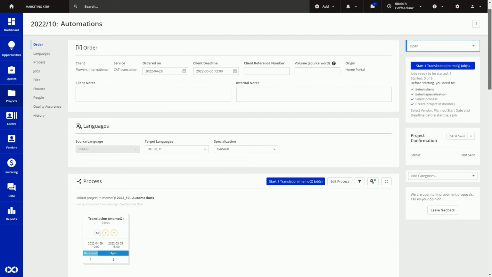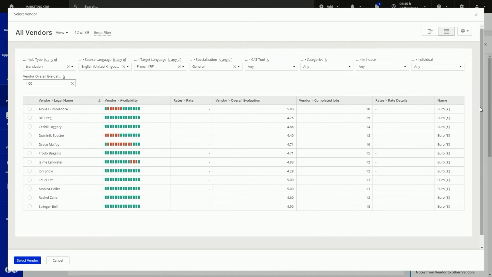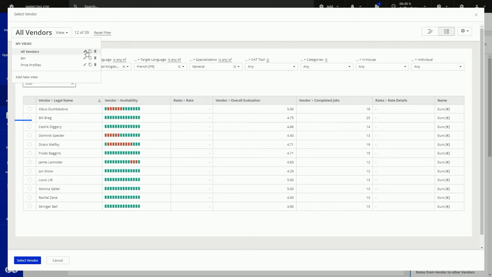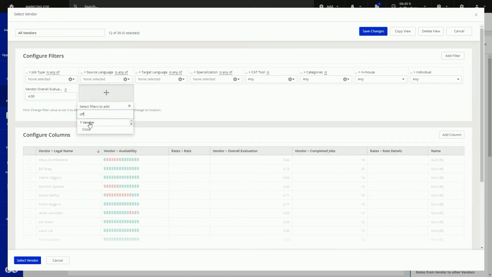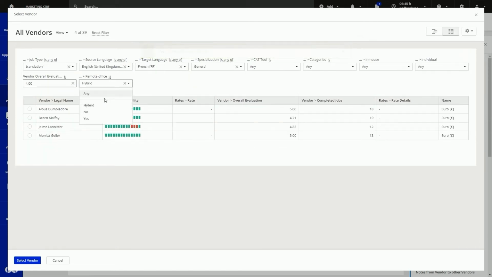You can use X2F to select vendors automatically, but you can of course choose to select them manually if you prefer. Even if you choose to select vendors manually, you will still find X2F's filters really handy for giving a list of relevant vendors. For example, you can filter based on language pair, specialization, CAT tool, availability, or almost anything in the system. In fact, you can even add your own custom fields for whatever other information your business might need to record, and filter based on these. And you can use categories, which are like labels or tags, which you can then filter on.